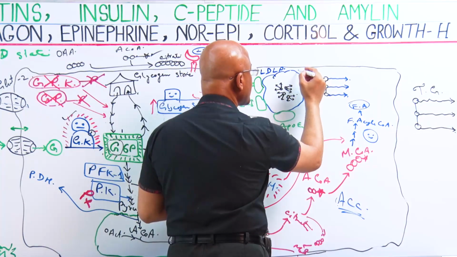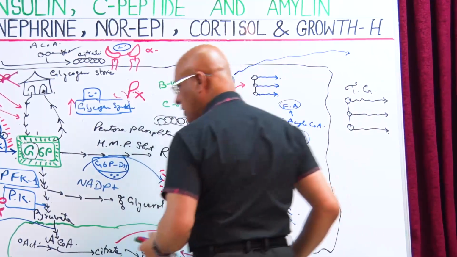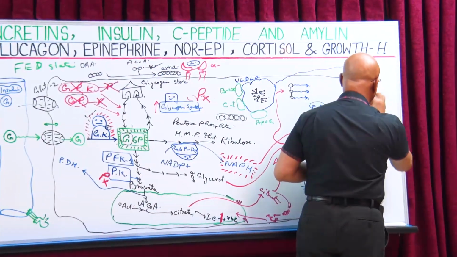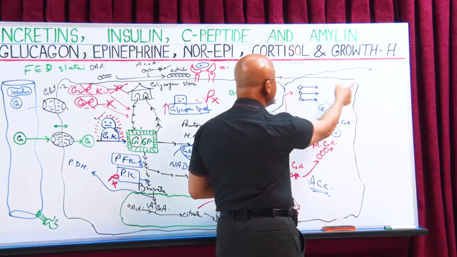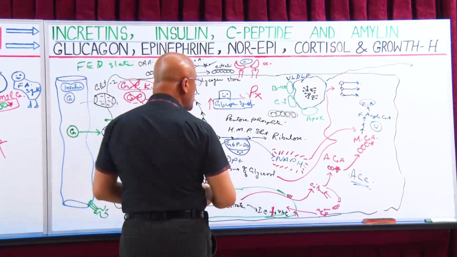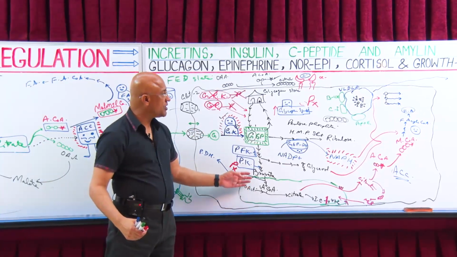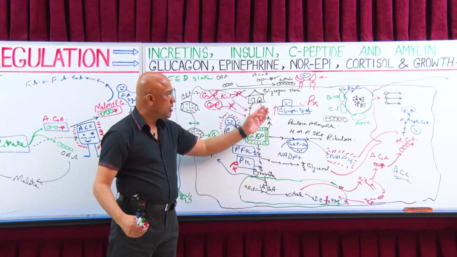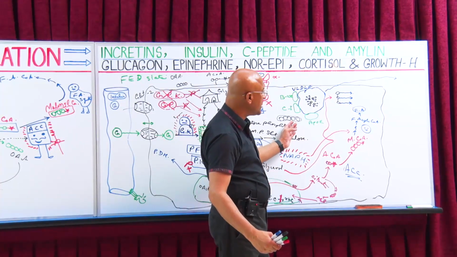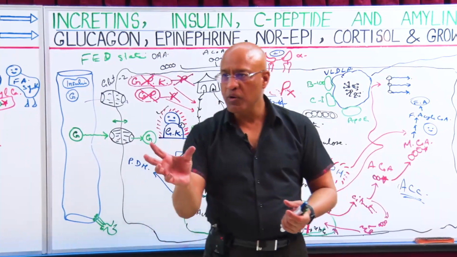VLDL. So these will be secreted out of hepatocytes. These triglycerides, recently made triglycerides, are secreted, released into blood again. So hepatocytes were taking the glucose, using it for energy, making more glycogen, and then making a lot of fatty acids and glycerols and NADPH, and then eventually making triglycerides and packing the triglyceride into lipoproteins.